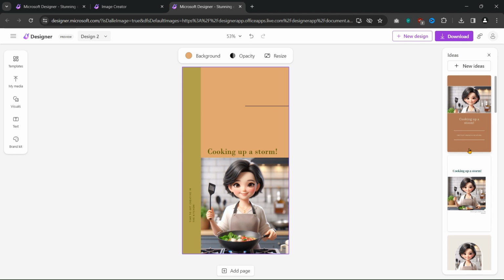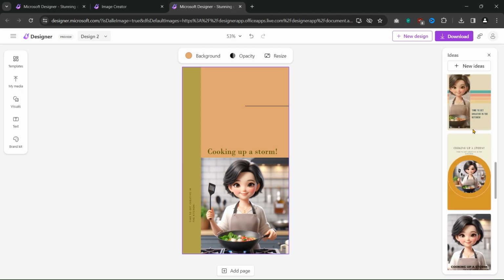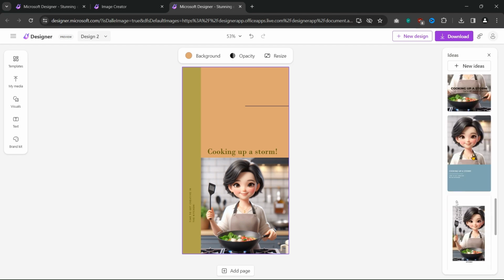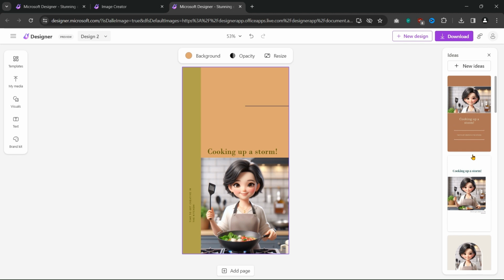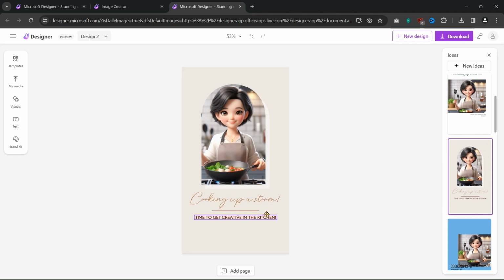Now you see, I told you it will actually give you another option from here for another design that you want. So I'm going to use this. Okay, cooking up a storm. I'll choose